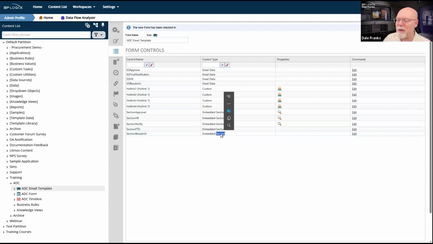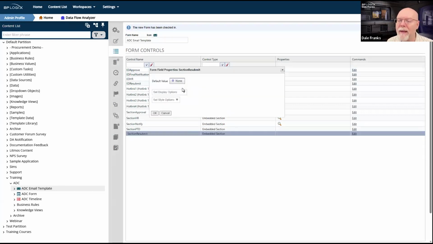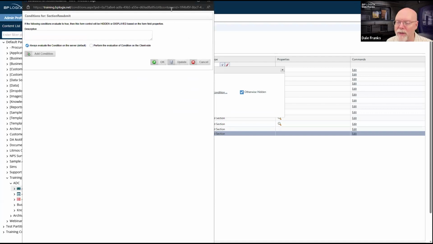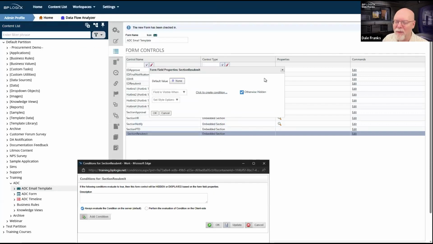Section resubmit, we're going to have to do that one, obviously. Once again, field is visible when, otherwise hidden. And we only want this visible when do we want this? Resubmit. Wait a second. Okay. I see, conditions are hard.